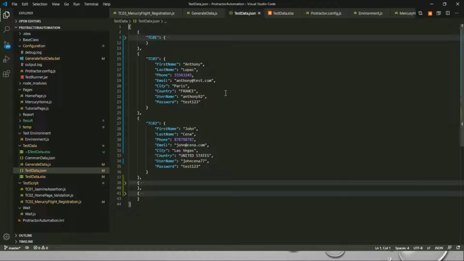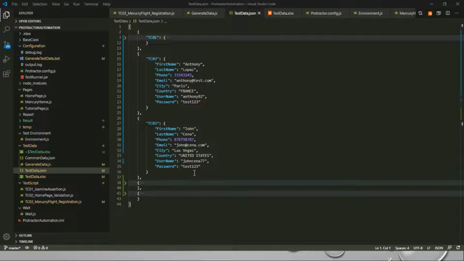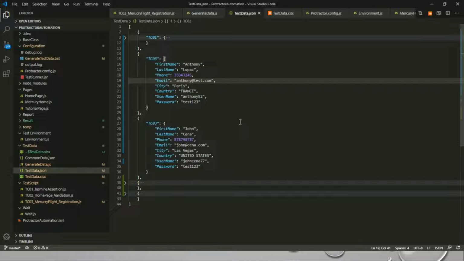So it's better that we deal directly with the Excel. Once we're done updating all the data in the Excel, we just click on the generate test data.bat, and this test data.json will be automatically generated. Okay, if you quickly run this,